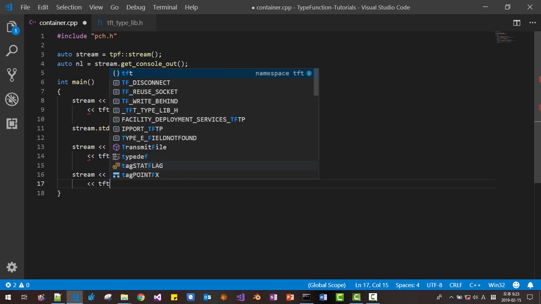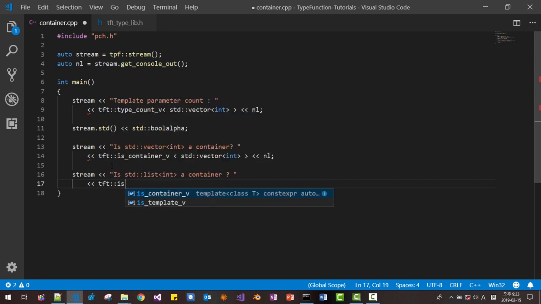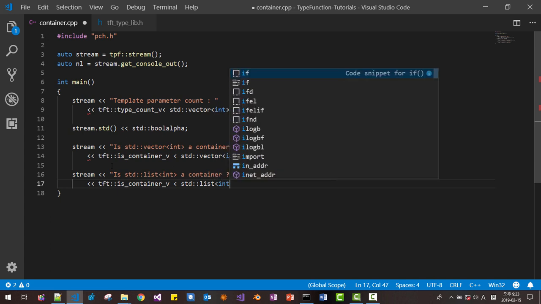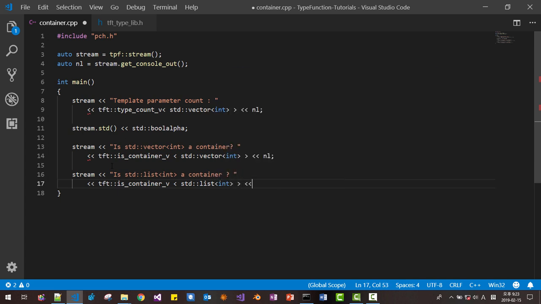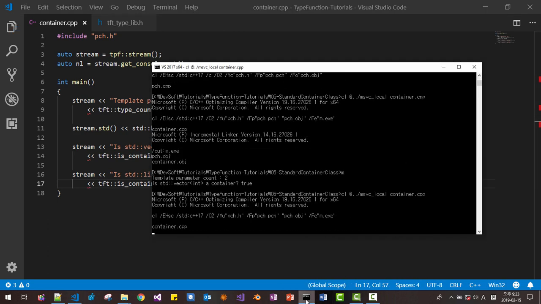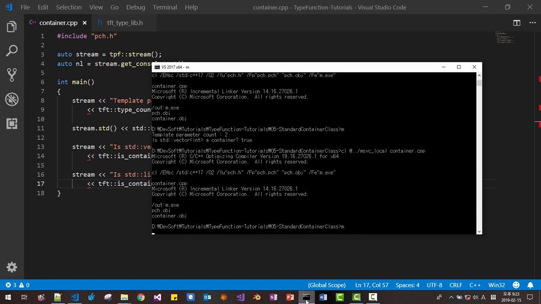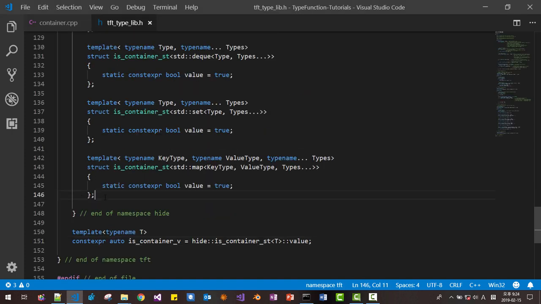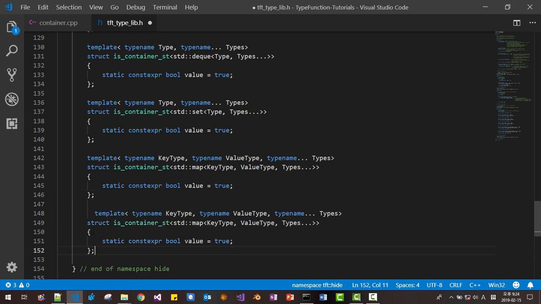Type function tutorial, is_container, std::list int, endl. Now let's try this function. False. Okay, it gives false. If you want to make it true, then you have to add like this: